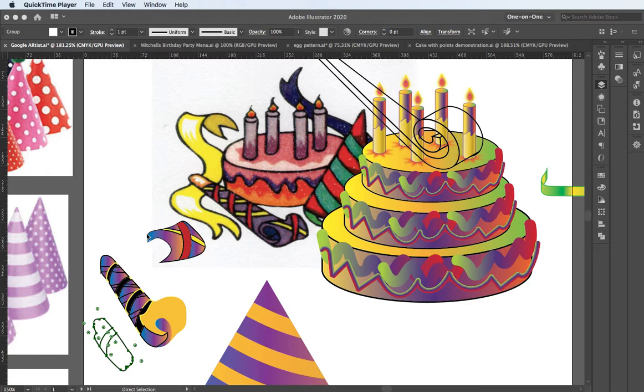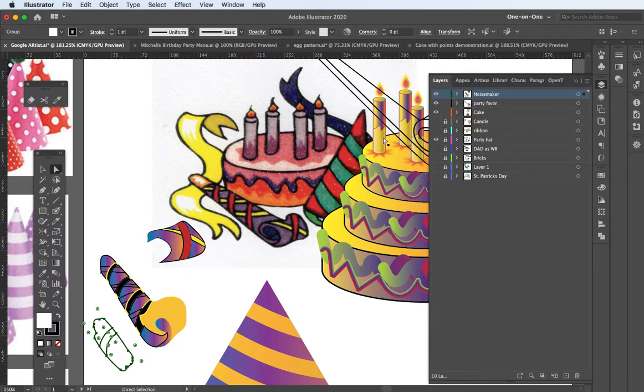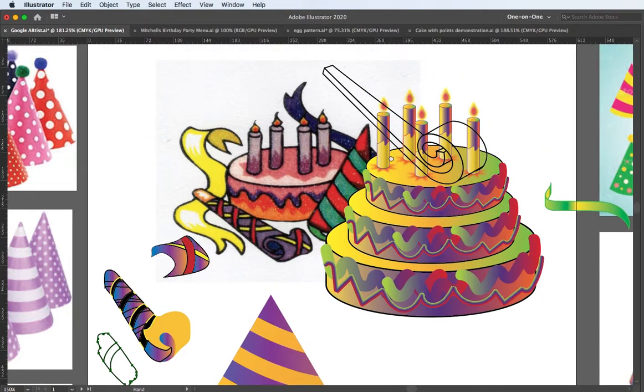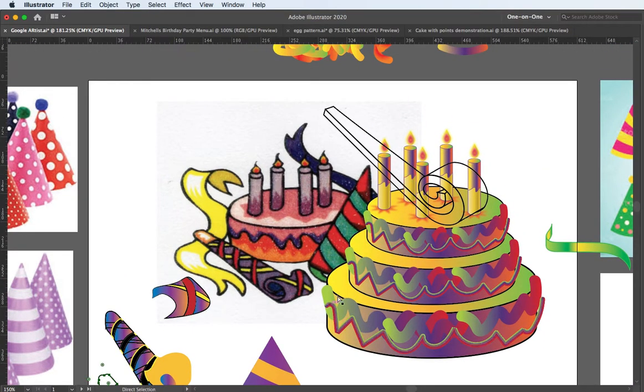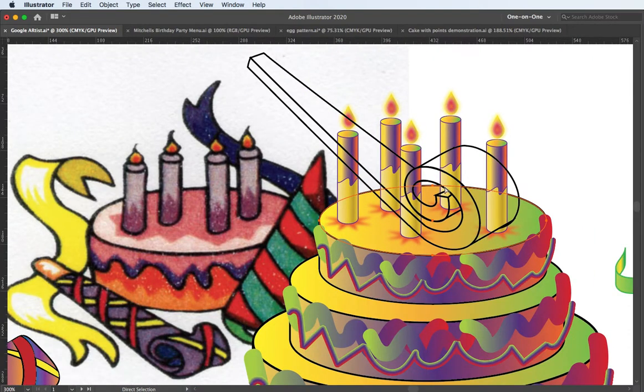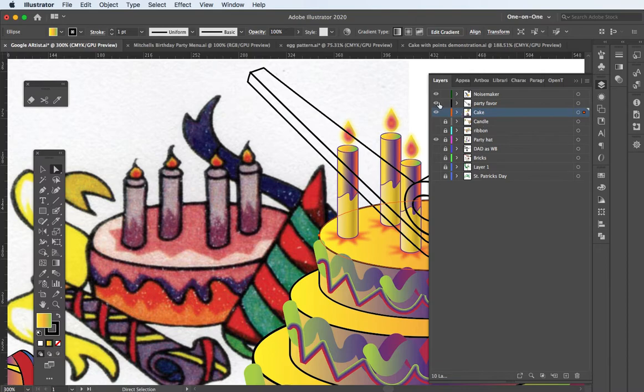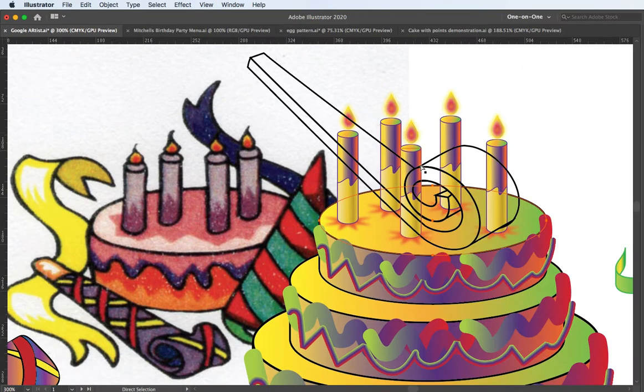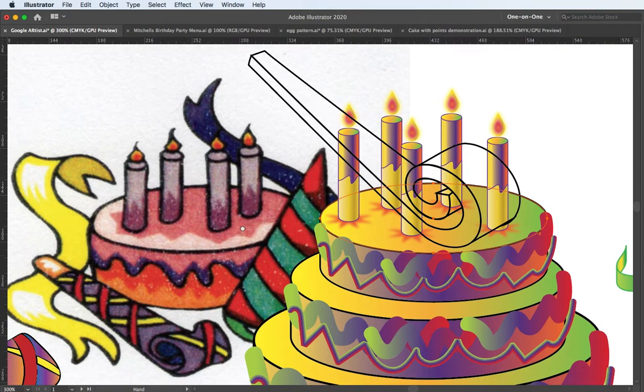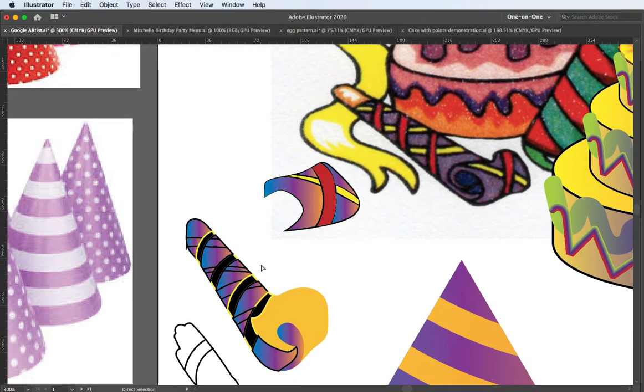With the illustrator, just a quick illustration, but taking a look at the window first. So here's the cake. Here's this little noisemaker. You can see I have a little bit of a sketch going on here, just to show you as a pen tool drawing. Okay, so if I wanted to isolate that, I think I have it on the cake section, but that's okay. But you can see it's kind of outlined for that piece, kind of made it pretty large section. But here, I'm just going to try this one that shows you just by using some of the